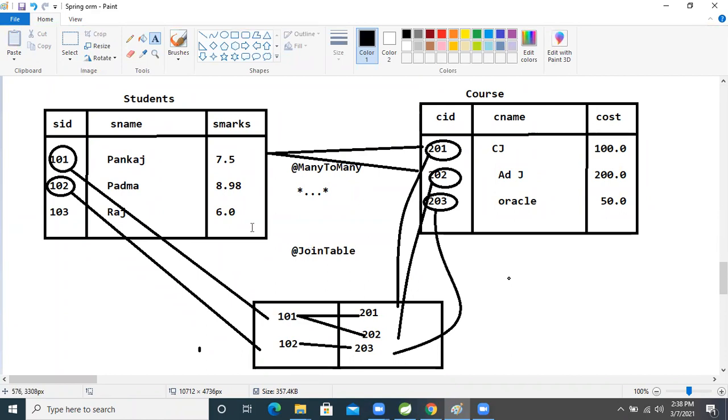Then the third table will be generated, and by passing some attributes in this join table, we can achieve this: the student primary key will become a foreign key here, and the course primary key will become a foreign key here.